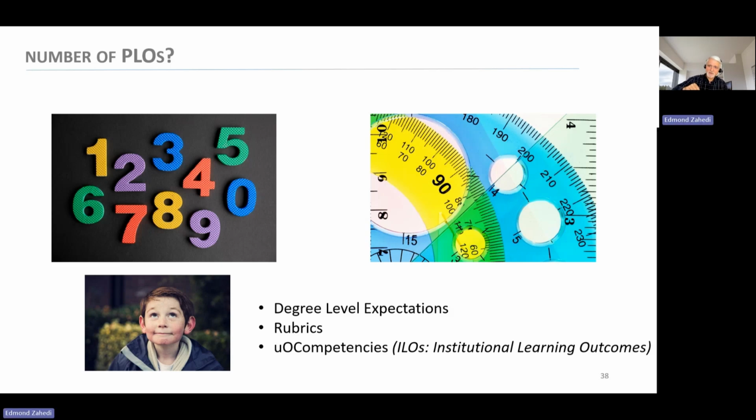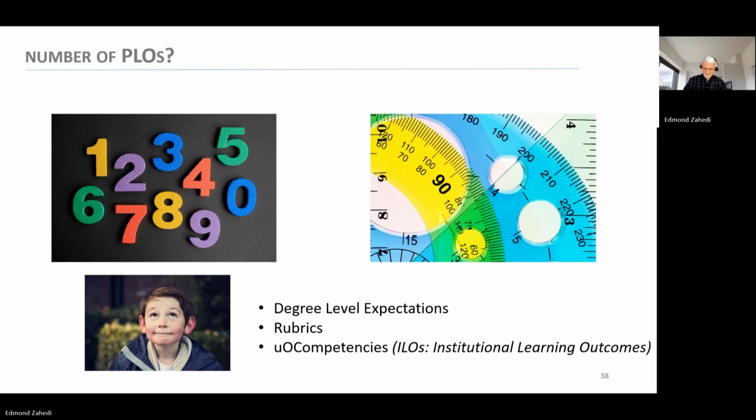This is mandated by the OCAV, by the ministry. Then we have some rubrics that we have refined over the years. And finally, we have the UO competencies. You remember, these are institutional learning outcomes that we at the University of Ottawa call UO competencies. So the combination of these will tell us: is this the right PLO, and do we have the right number of PLOs?